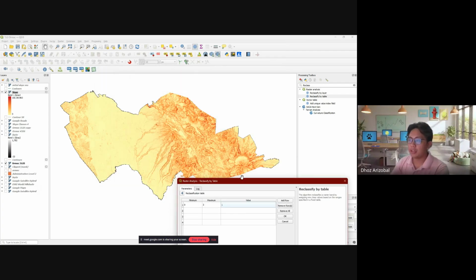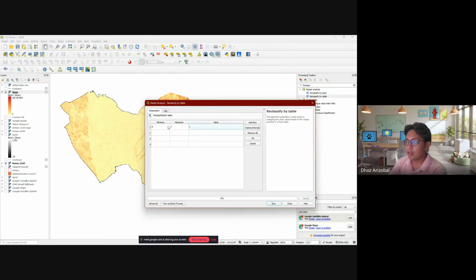You have to remember that this slope map is a raster, so it is also pixel based. It's not a line, each pixel contains a value. The reason we're doing this is so we can set ranges: everything from 0 to 3 is for rice, and anything from 3 to 8 is for corn or livestock.